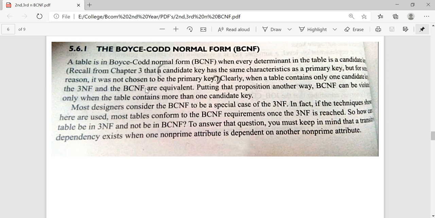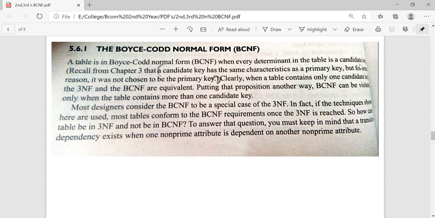Okay, so let's see how our table which is in third normal form is converted into BCNF. So the three points which you have to keep in mind here are: the first definition of BCNF is every determinant in the table is a candidate key. So every determinant, an attribute which is determining another attribute, if that is there in a table, that should be